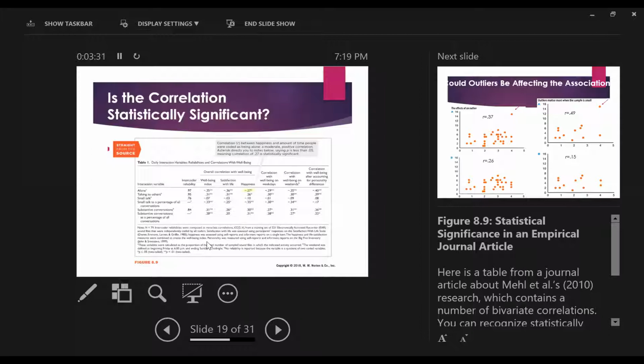So remember earlier we were talking about light, medium, and strong correlation. Even though this is only 0.27, based on the sample size, that would be considered statistically significant. When you are reporting your findings in a research paper or on a poster, that is the way you would do it, and you've likely seen it already in research articles. You put a little asterisk next to it.